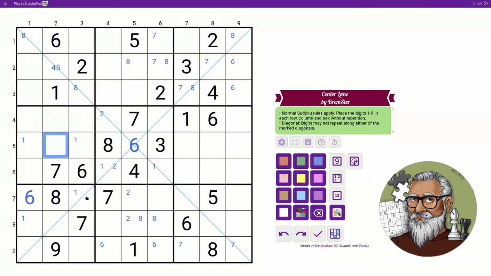Does pencil marking the diagonals help? I'm really not sure how it will help. This is 4 or 5. Okay, if it's 4, then one of these is a 5. If it's 5, then one of these is a 4. No, so bear with me. I don't know if that matters, but